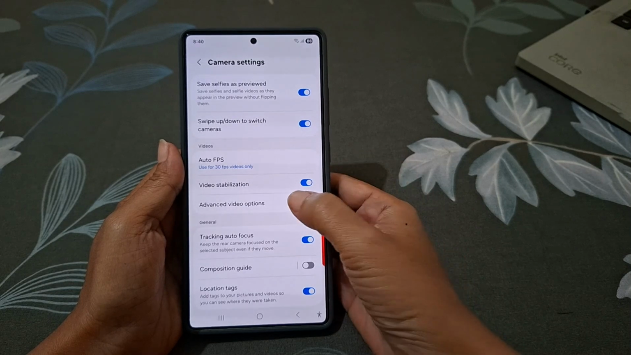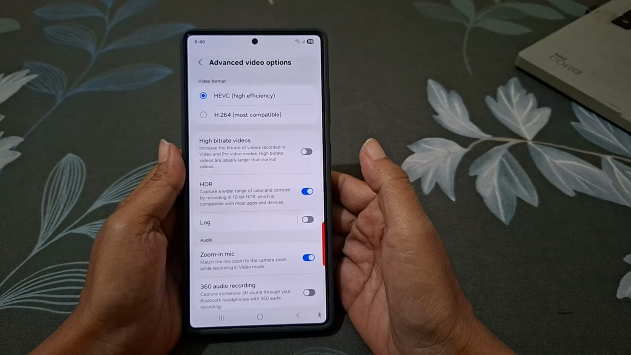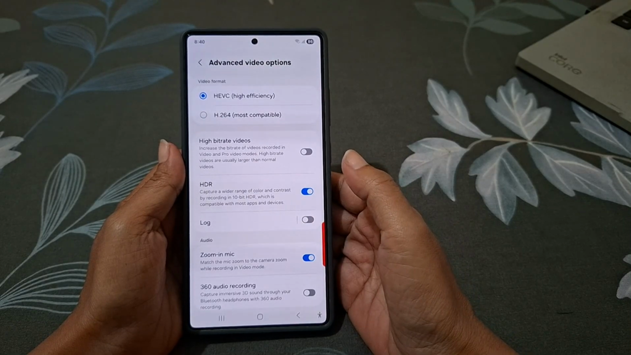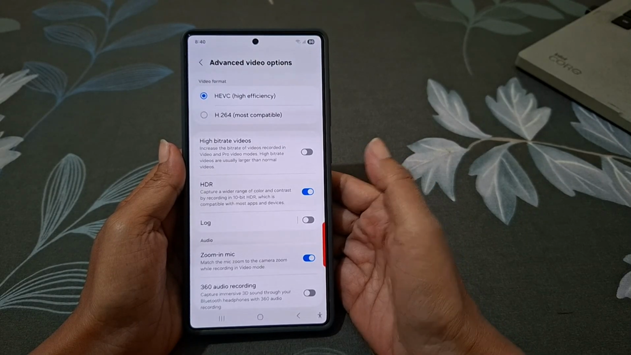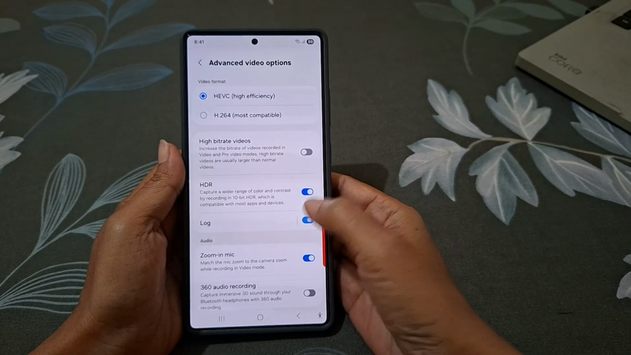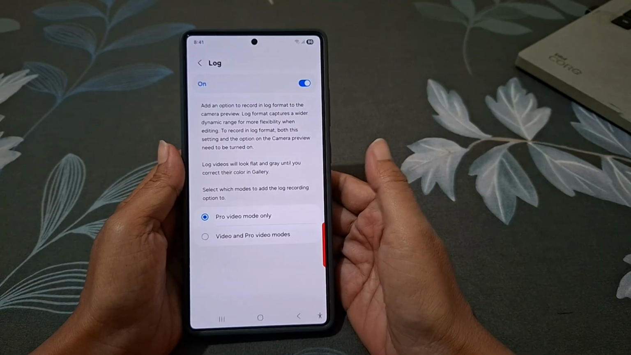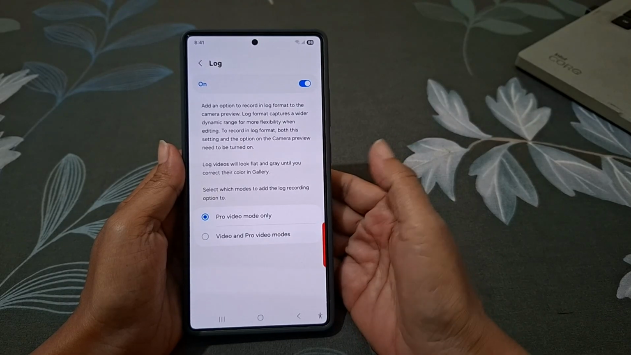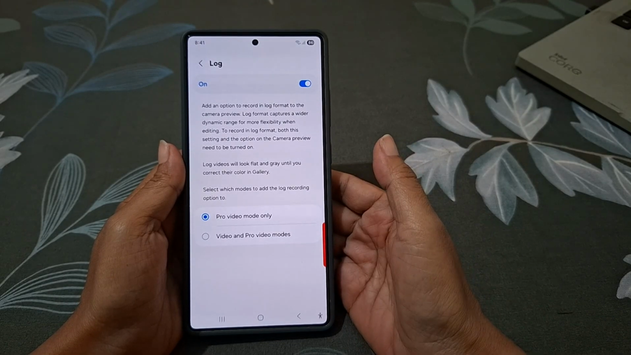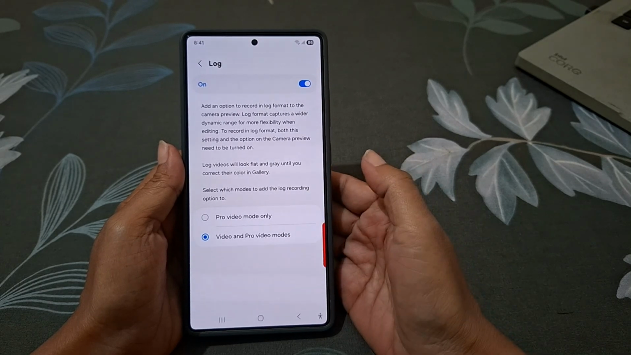tap Advanced Video option. If you select HEVC as the video format, the log option becomes available. You just need to toggle the switch next to it on or off. Now tap it. Here you can choose Pro Video Mode only. That makes log available only in Pro Video, and Video and Pro Video mode, which make log available